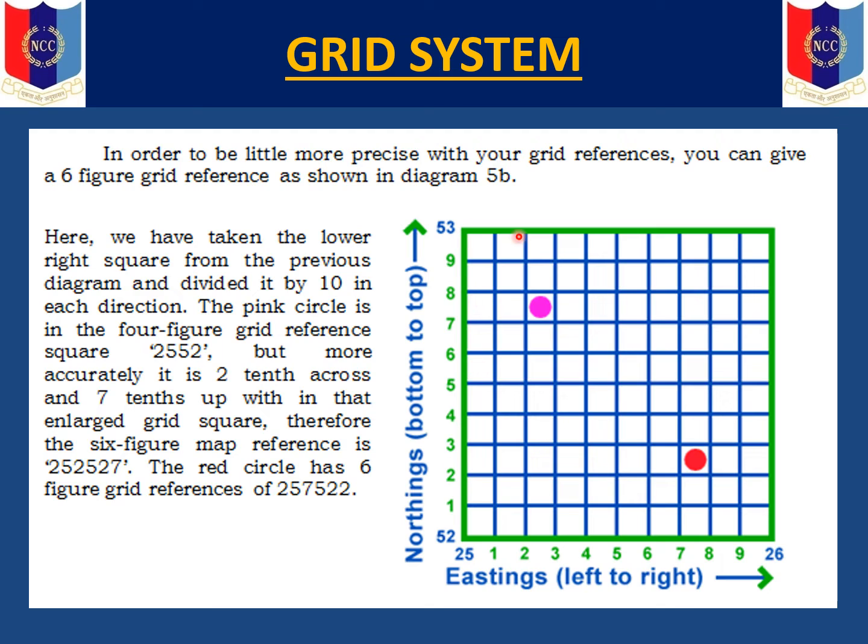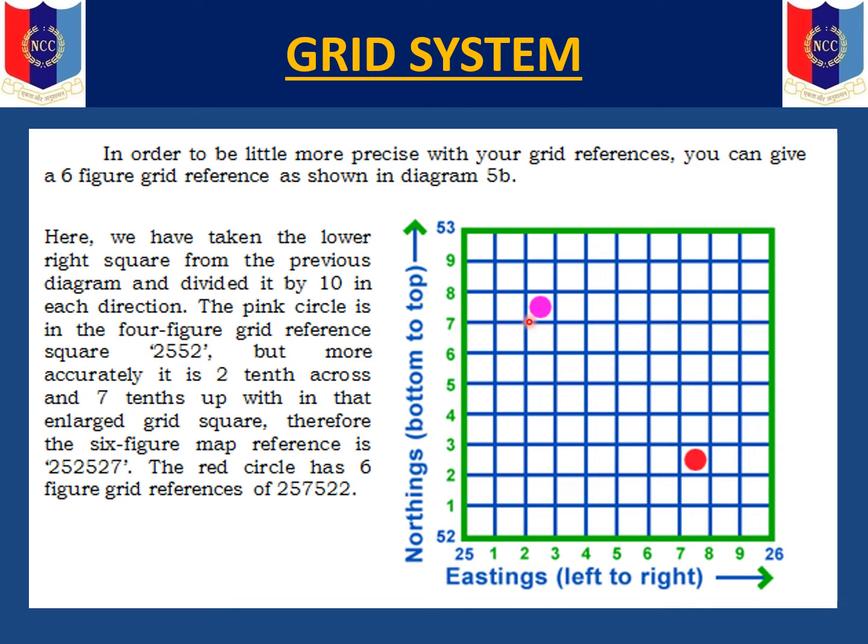Now let us first refresh how to give the grid reference, the 4-figure grid reference. It is 25 and 52. That is the 4-figure grid reference of this square. Now how to give the grid reference of this landmark here? Again the rule says eastings first and secondly the northings. So first is 25, and this entire square is divided into 10 equal parts and this is coming in the third part. So we take 25, 2, because the same principle applies here. If this square, then we take the lower figure. So 25, 2, and next would be northings 52.